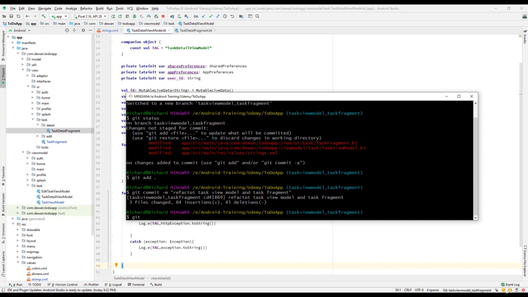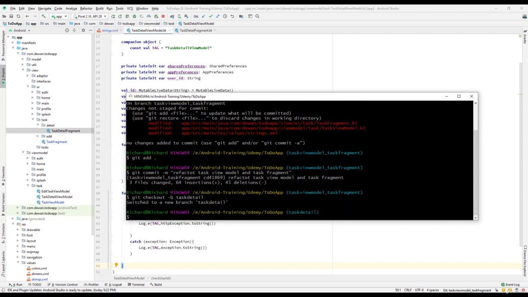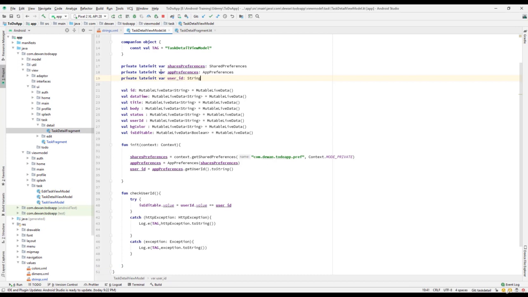So I will say git checkout to a new branch, and I will call it task detail, since we are doing the task detail view model. That should be okay. So we are on task detail. Now let's go to our project over here, and let us try to refactor